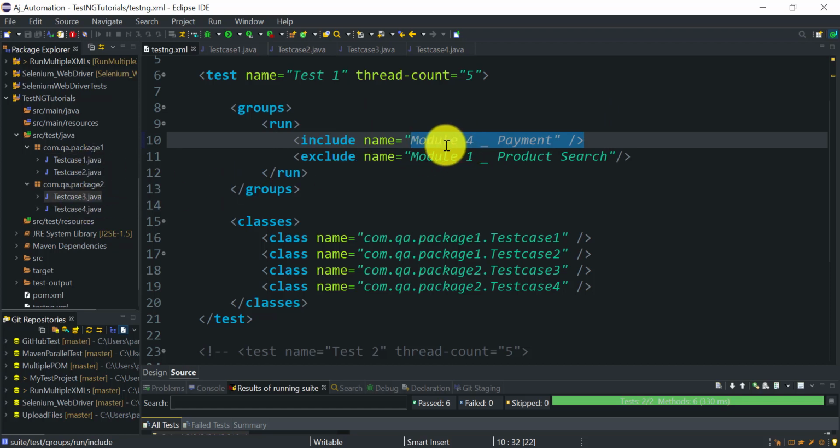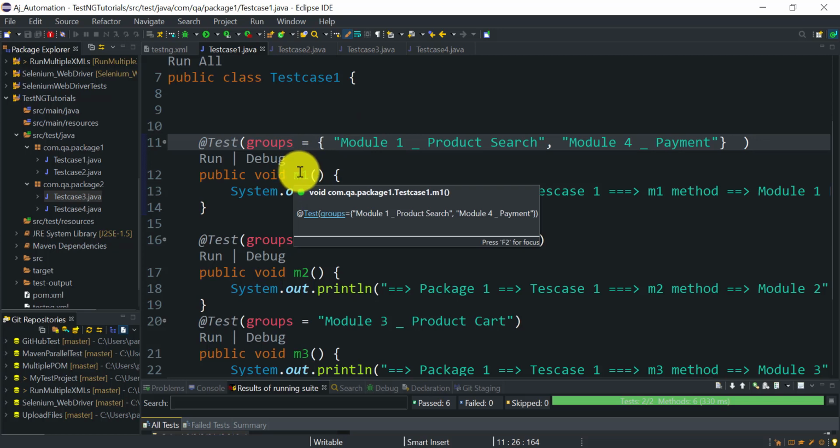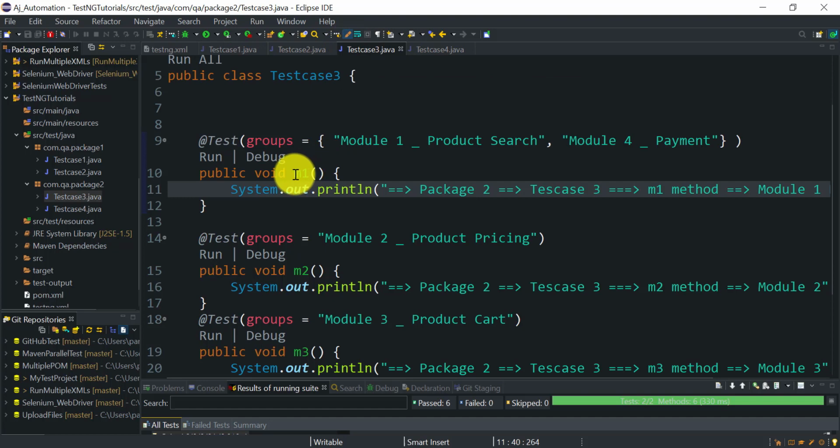But in that 4 TestNG classes, we have defined this M1 to be part of module 1 as well. Okay, it is a part of payment, but it is also a part of module 1, which I don't want to execute. So TestNG should exclude this M1 method in execution. Okay, it should not execute this M1 from test case 1 and M1 from the test case 3.